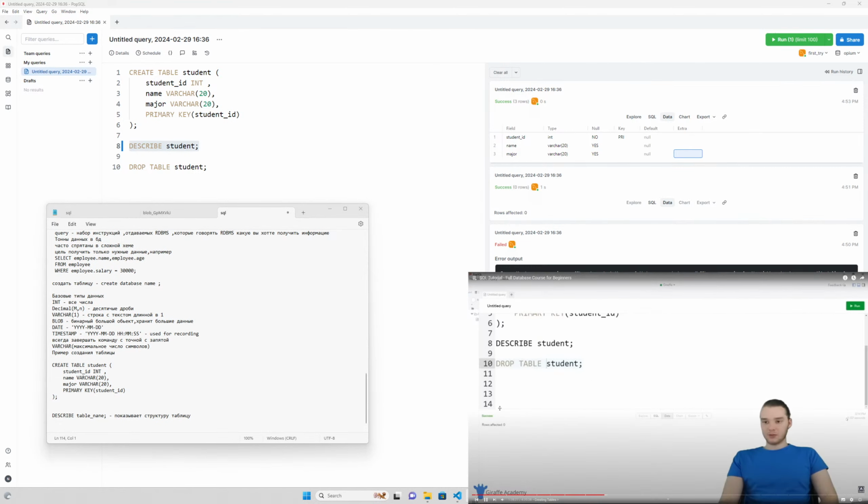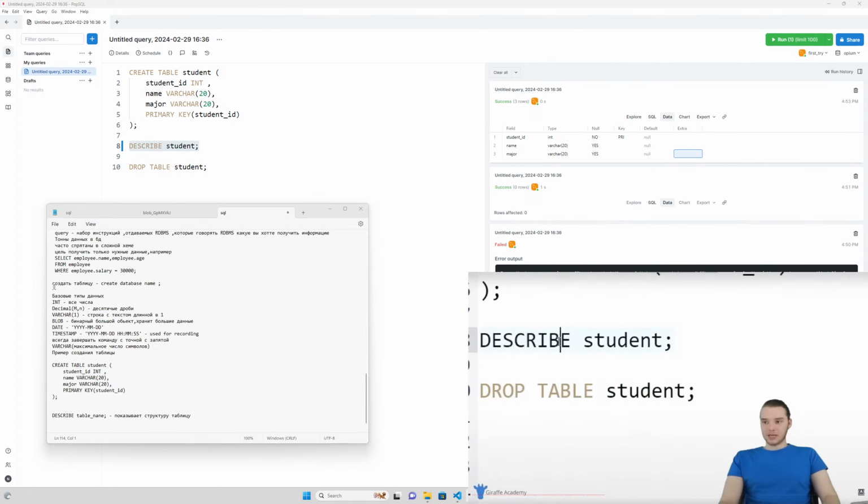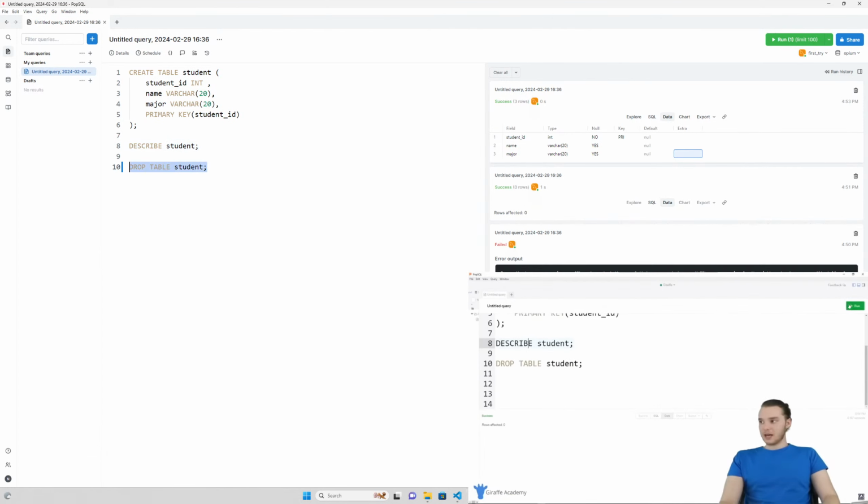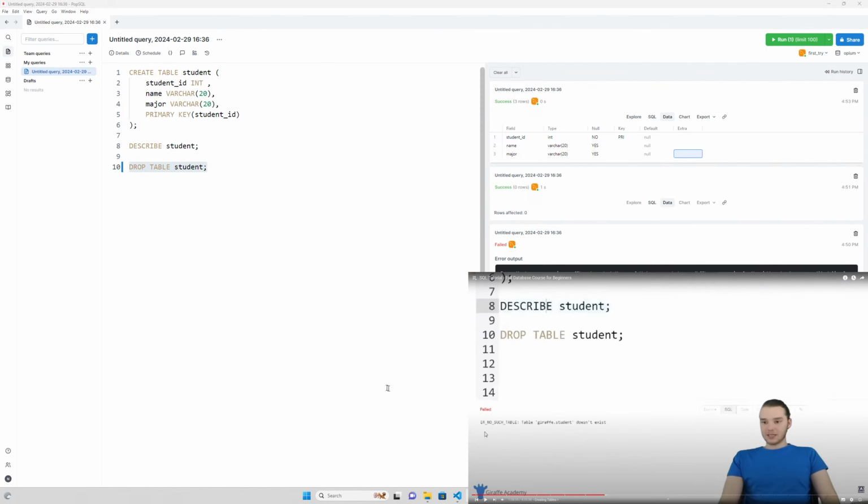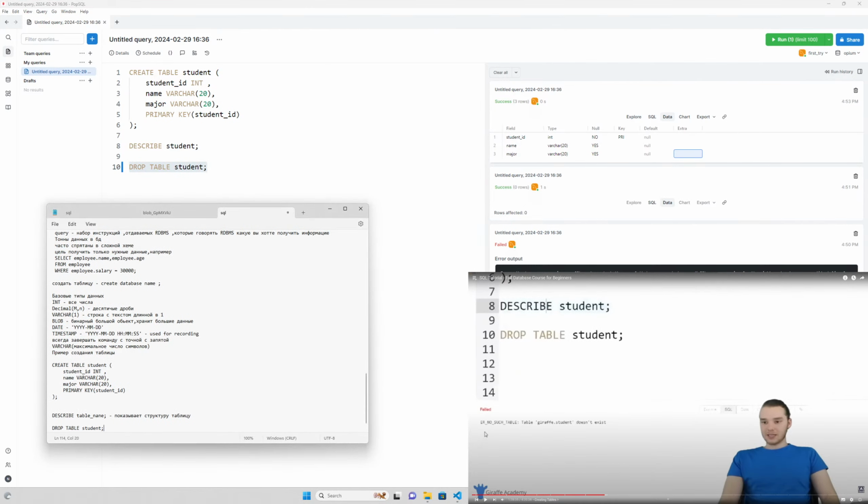And what this is going to do is it's going to drop that table. So now if I came up here and I clicked on describe student, in other words, I'm saying that I want to execute this command, and I clicked run, you'll see that